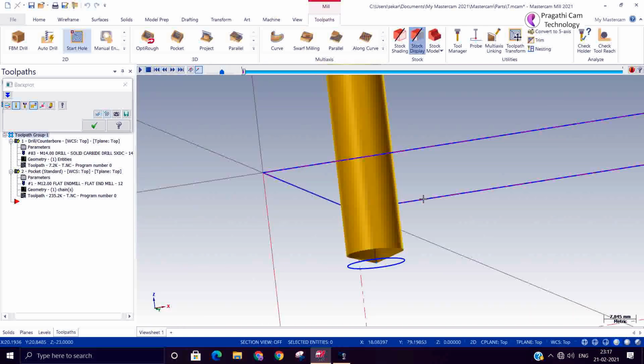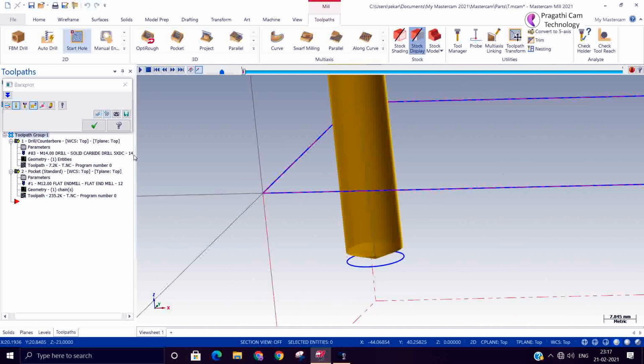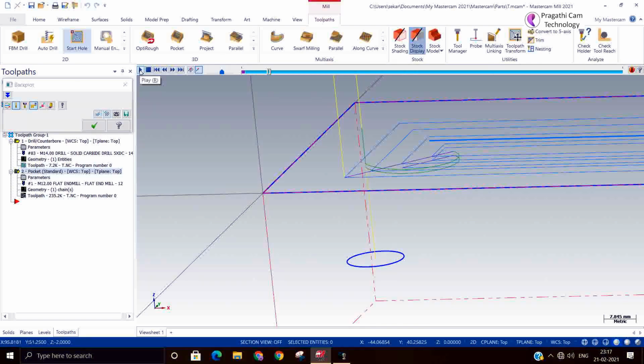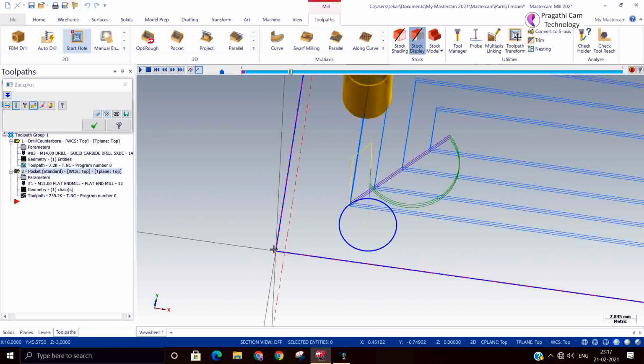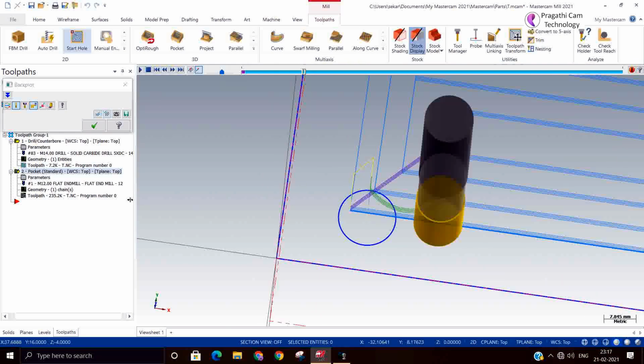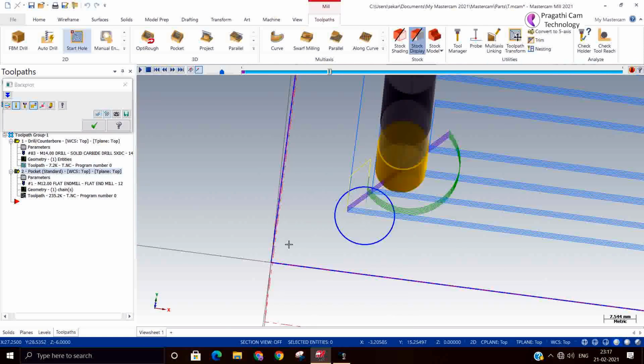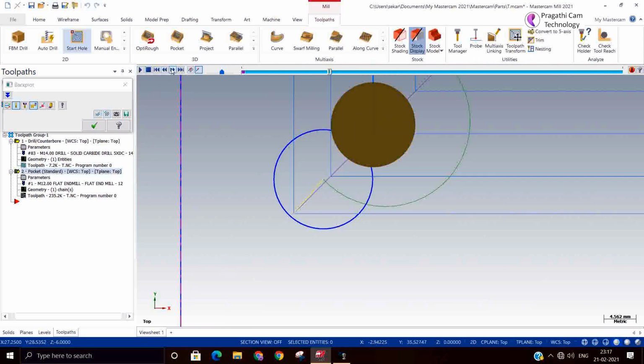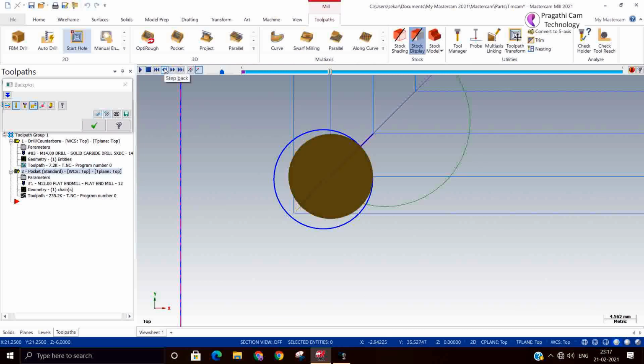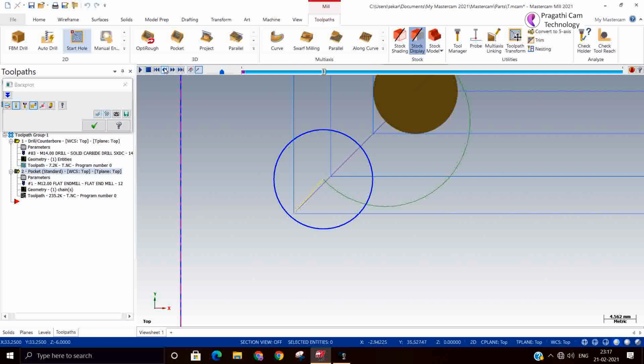This is the first operation, but actually we need to check the second operation only. Now you can see here from the top view. You go to top view and step by step, now you can see that's the entry. Always it comes to the center of that hole. After finishing it, it comes back to the same position.